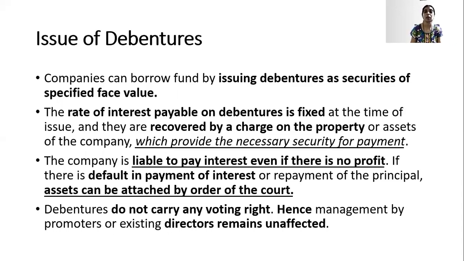If you see preference shares and all, preference shares always have a preference for payment. Debenture has a fixed rate of return and it is to be paid in the same year. In preference shares, it can accumulate and the next year it can be paid off. But in debentures, you cannot do this. The debenture holders have a right directly on the company's asset because at the time of issue, it is secured with the help of some asset.